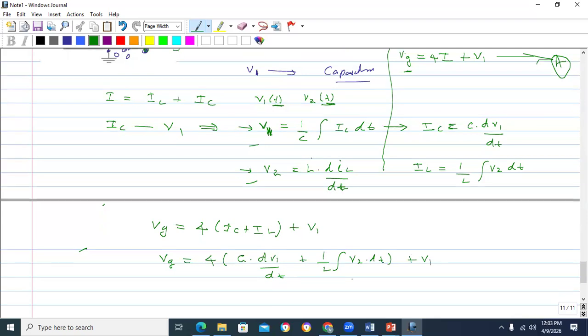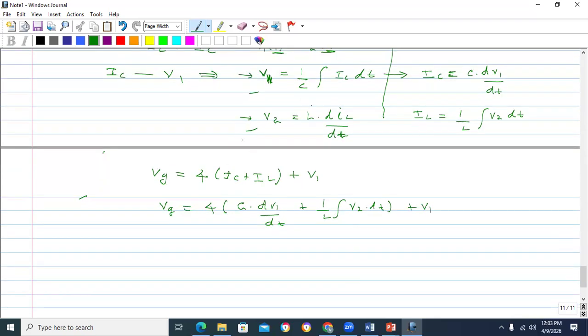Okay. Now I think we get, no? So what you need to do? You need to get rid of this integration. For that, you need to take derivatives. So you need to get the derivative here, dVg dt. You need to get the derivative here. So it will be 4C, so this is the first derivative. If you take another derivative, it will become a second derivative, that is d square V1 dt square, plus